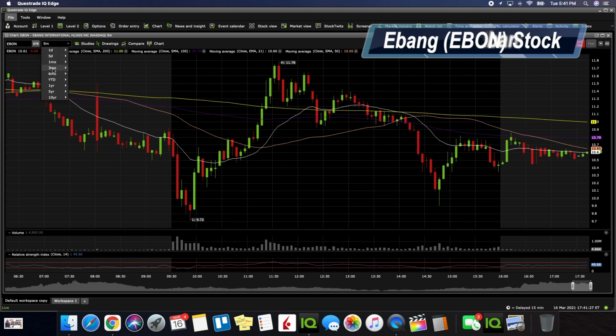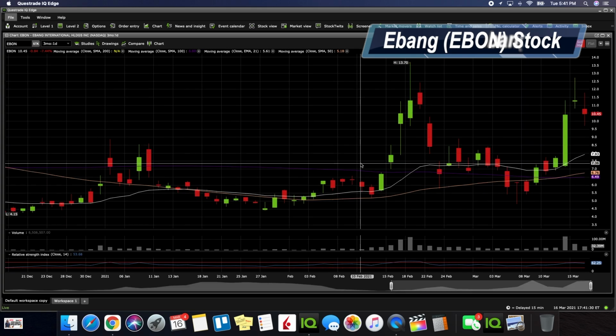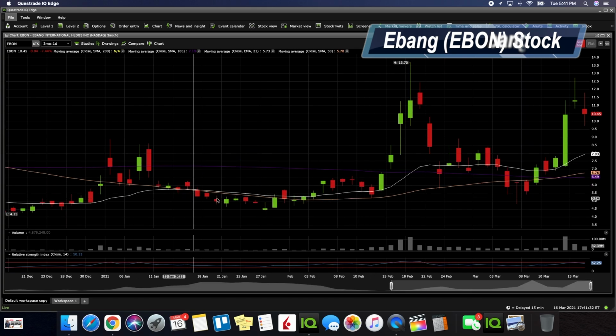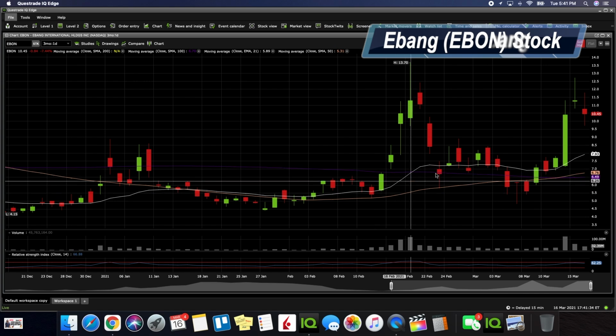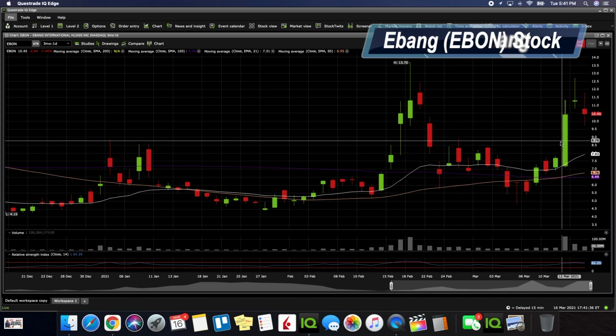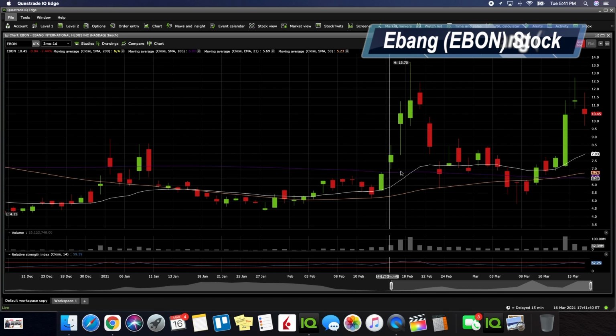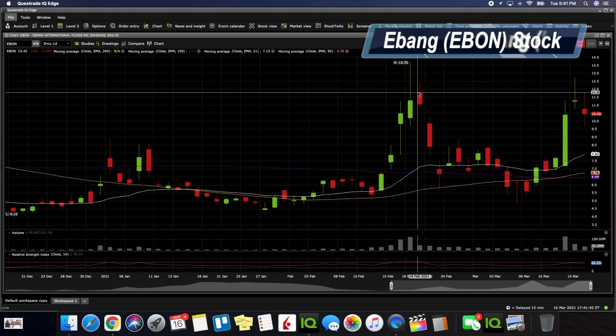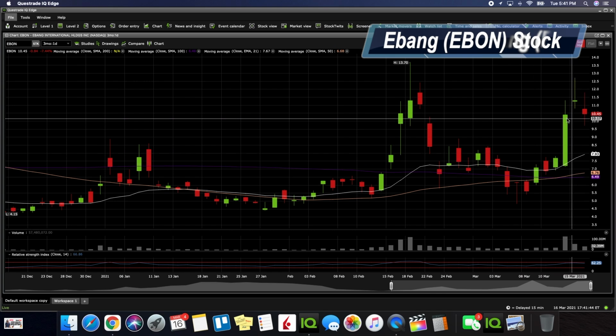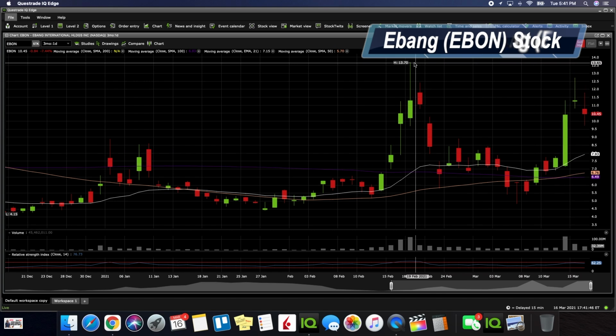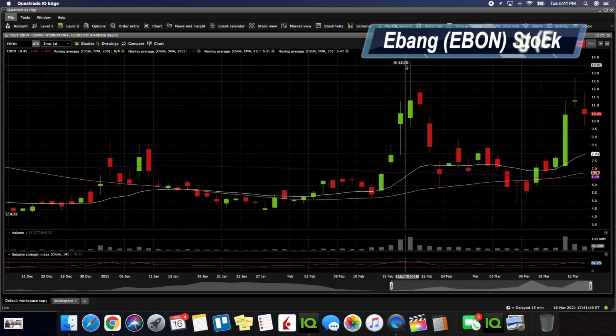Let's take a look quickly at the 3-month one-day chart. And look, this is how the pattern is actually looking. So it's still fairly bullish right now for EBON. One of the things we want to take notice of with this pattern is that we could definitely see EBON getting out of it and surpassing $13.70, back to where we saw it in February on the 17th, if Bitcoin begins to run past that 60K range.